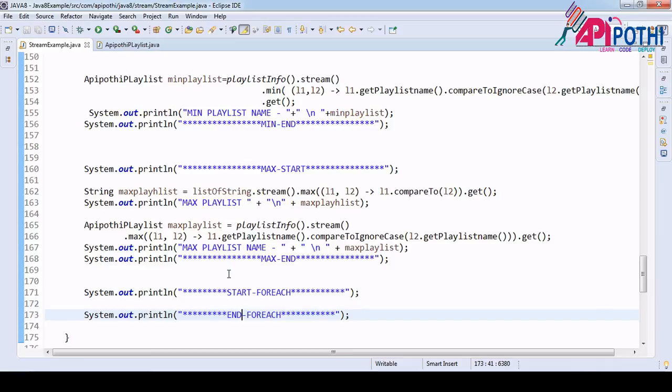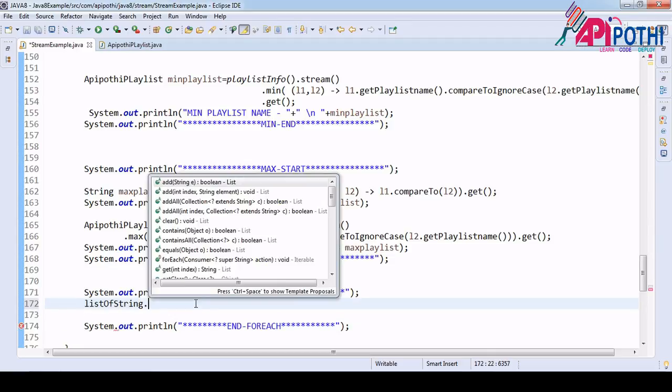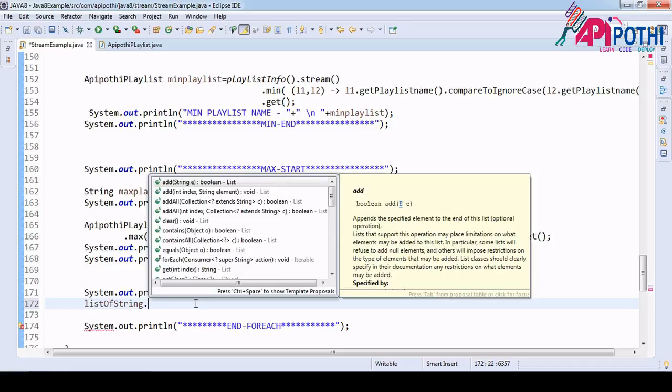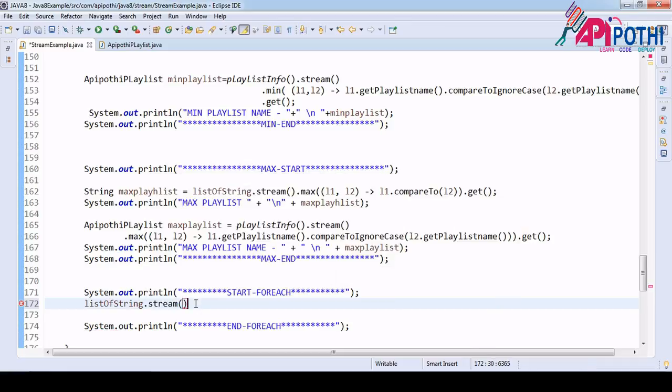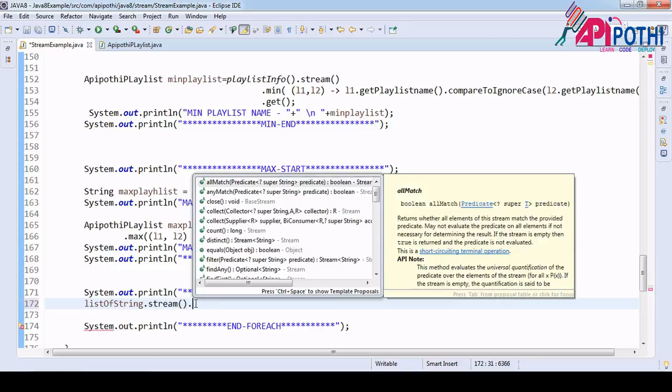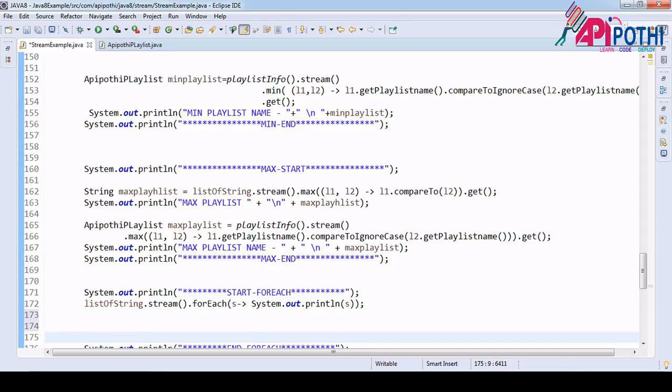Now copy list of string dot, as we know everything, first we are going to put it inside the stream, and from stream you will have the for each method. Okay, for each method, we are just going to display here, right? This as please display, that's all.